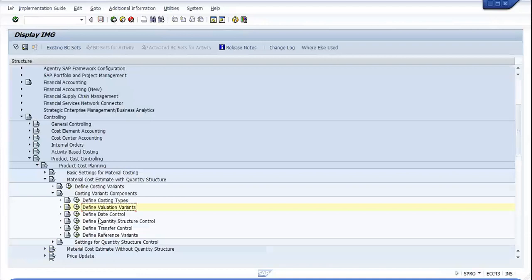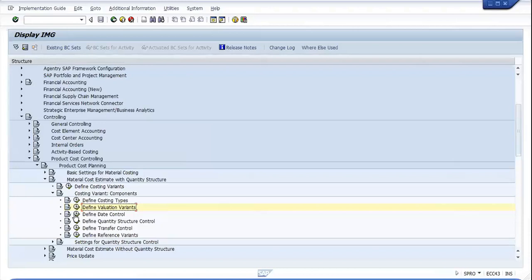So that's what we define. Now we define the date control. Basically, what does the date control do? Date control specifies the date on which the quantity structure and the value structure are created.